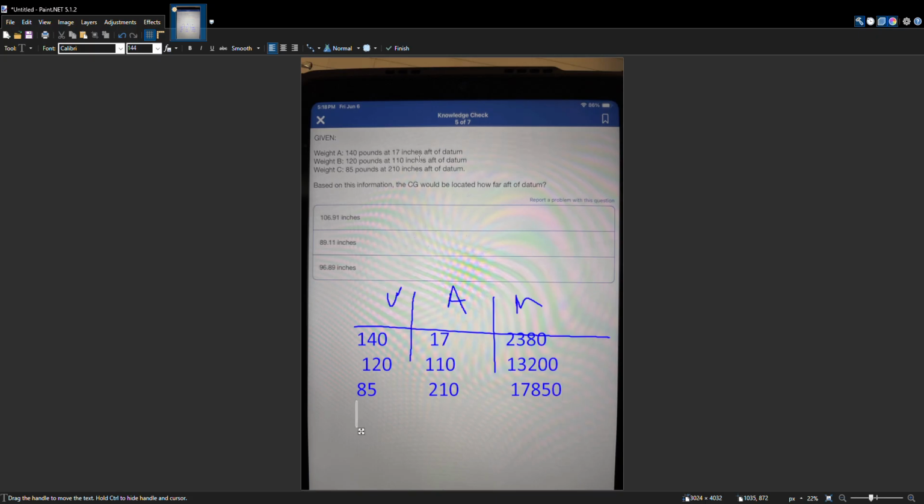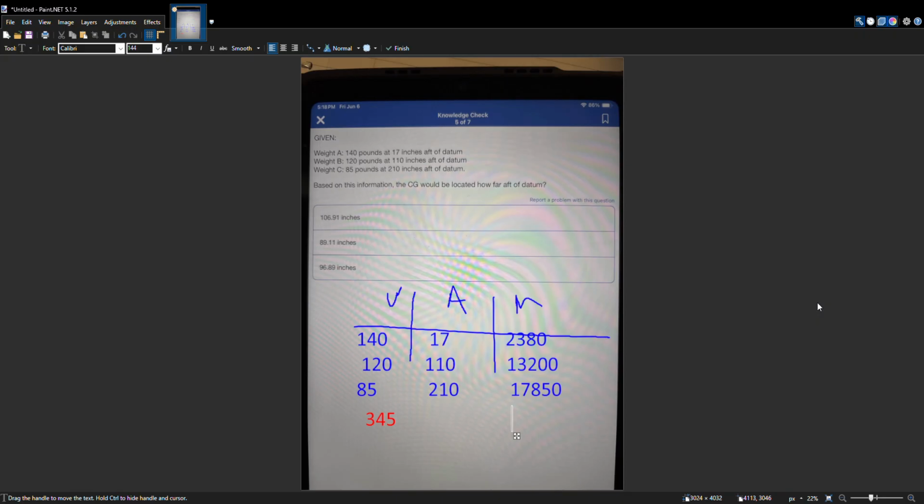$17,850. All right. Now, since we're done with that, click off there. We can get our total. So 140 plus 120 plus 85 is 345. That's a nice number. And then since we don't add up the arms because that fluctuates, we can do 2380